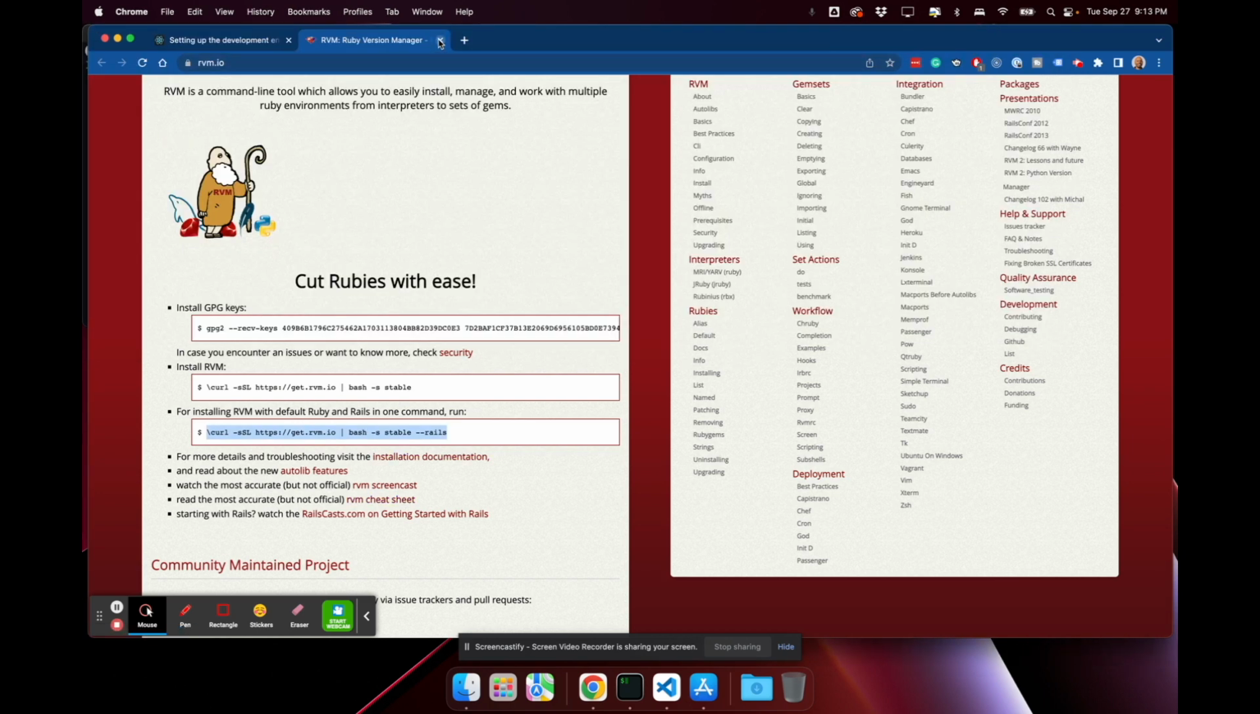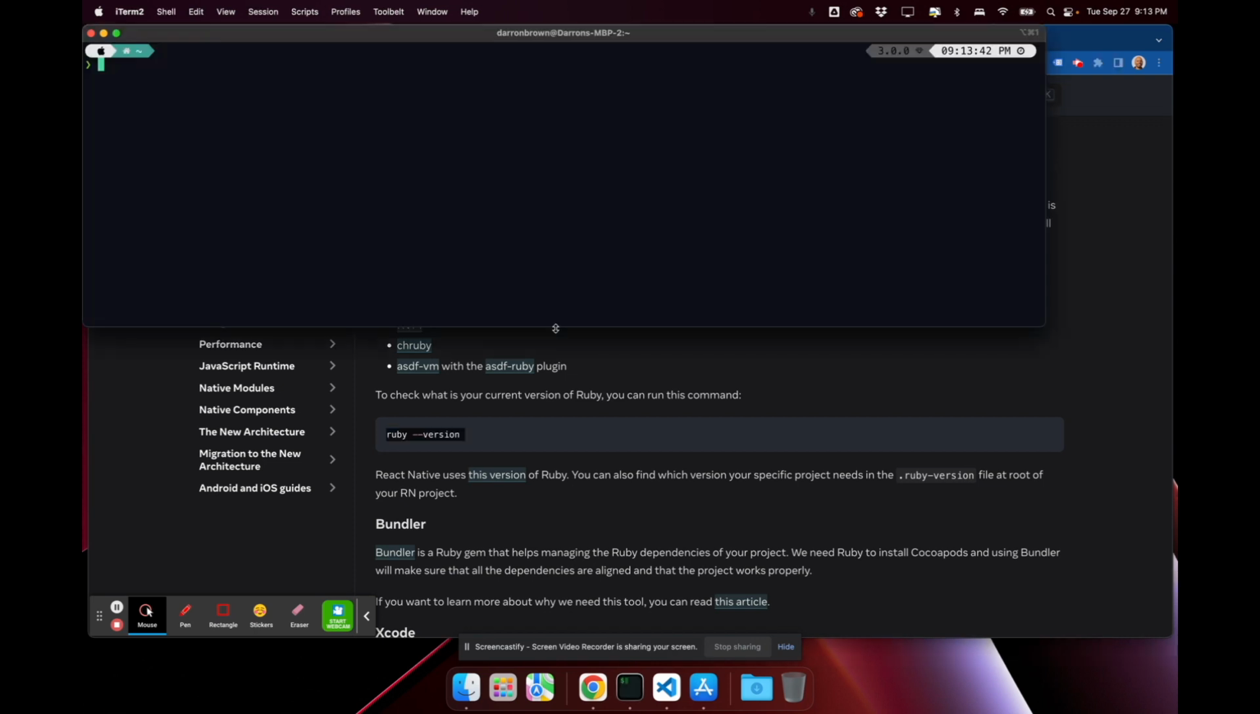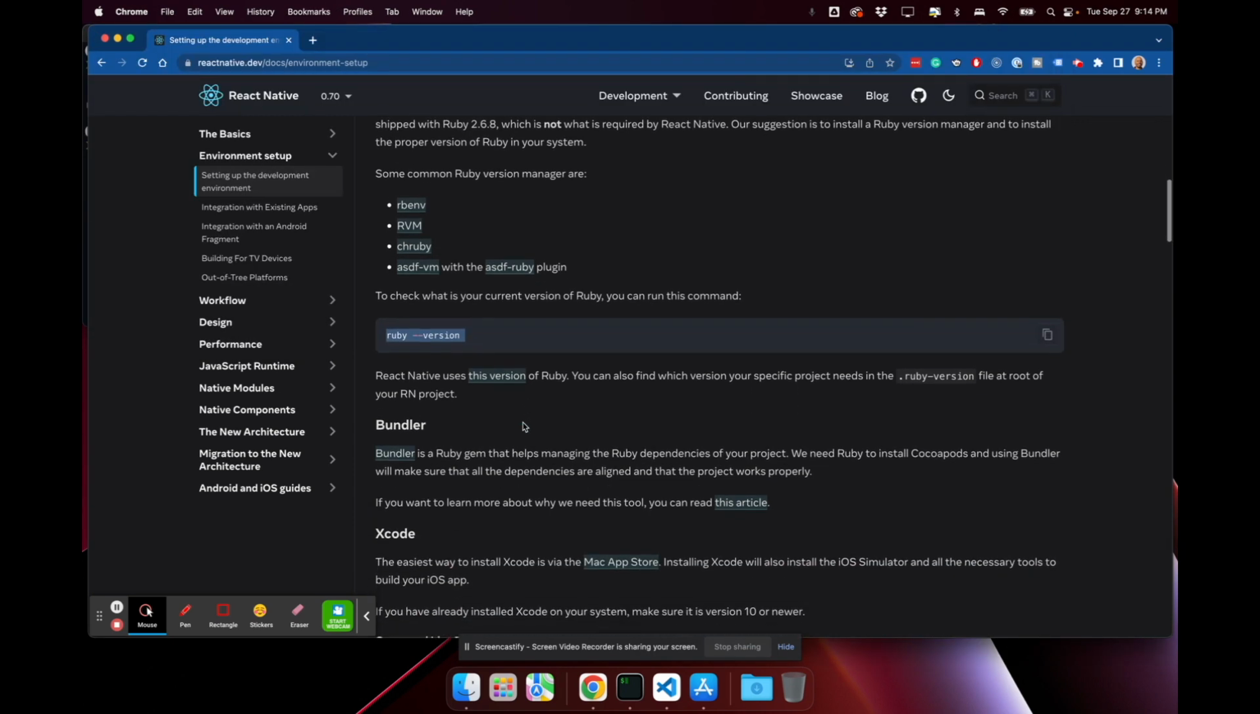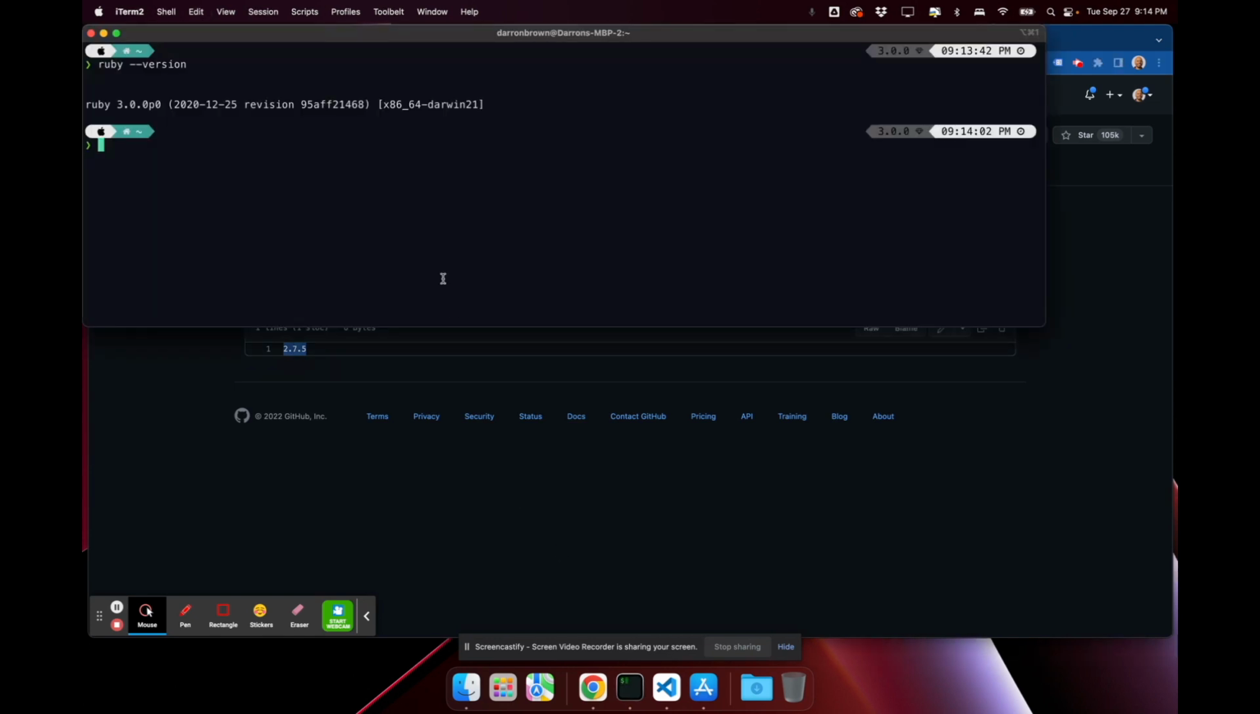And after you installed Ruby successfully, you're going to copy this command, ruby --version, go to your terminal just to make sure you have Ruby installed. And this is the Ruby version that I have installed currently. And then you need to make sure that you have the correct React Native version as well. So I want you to click here, and it's going to let you know the Ruby version you need to use is 2.7.5. So you're going to copy this, and you're going to run the command